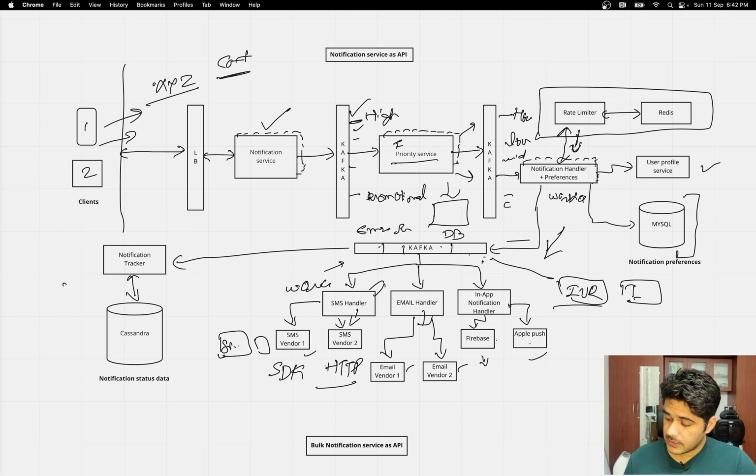Now this entire thing is happening asynchronously. By asynchronous we mean we sent everything to this Kafka, and we do not have another DB to track what is happening to that SMS. Means we could have had something like a DB, where this thing feeds into this DB and sends it to this service.